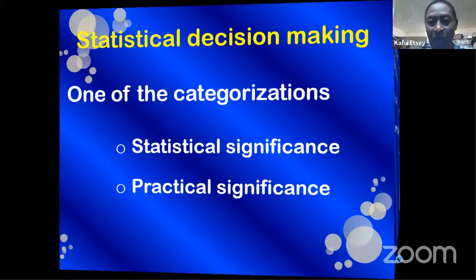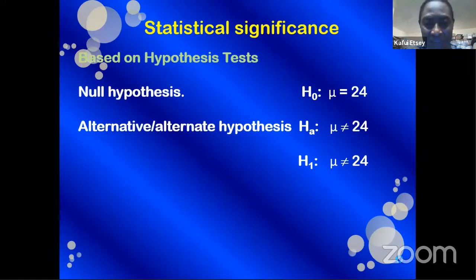So let's first of all look at statistical significance. When we are testing hypotheses, we usually have two types of hypotheses: the null hypothesis and the alternative or alternate hypothesis. So let's look at an example. We may state that the mean age of all level 100 students in the University of Ilorin is 24 years. So that is a guess. The alternative hypothesis, which we usually indicate as HA or H1, can be the mean age is not 24